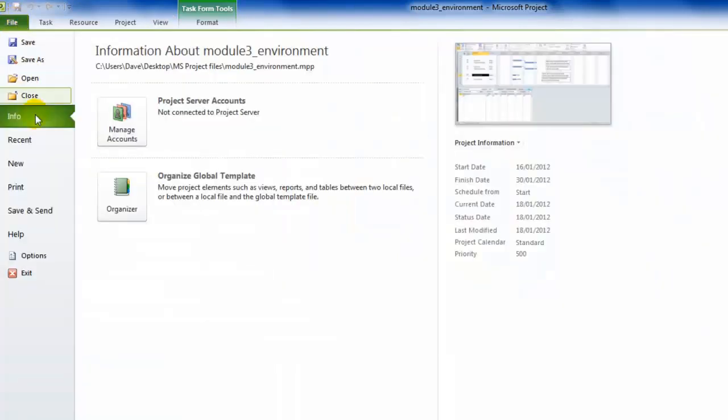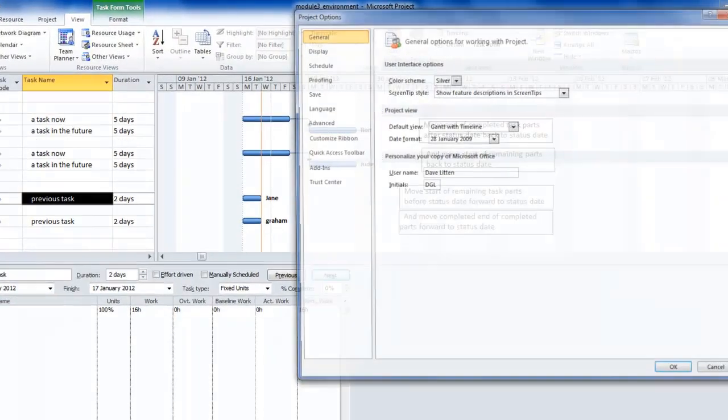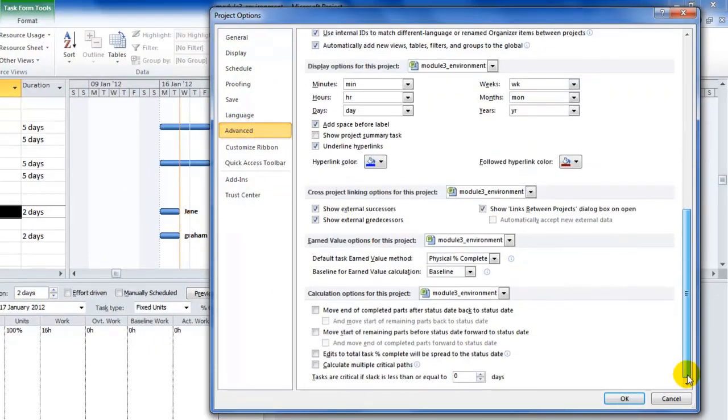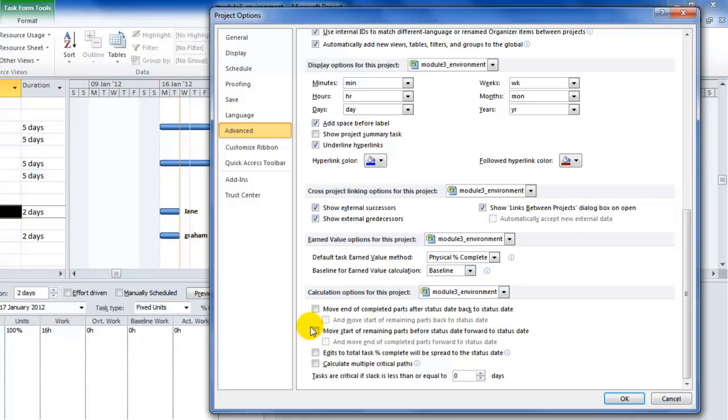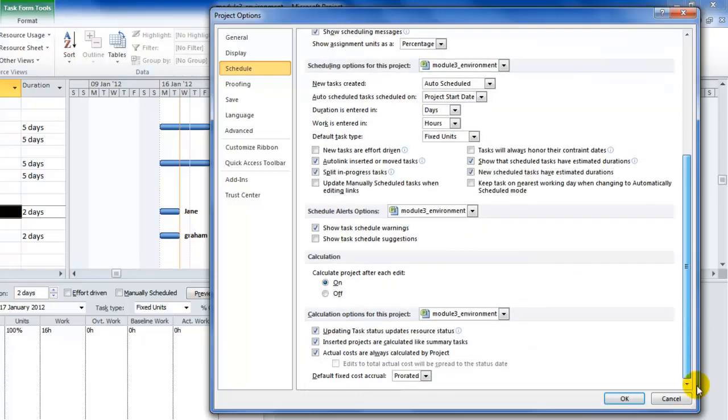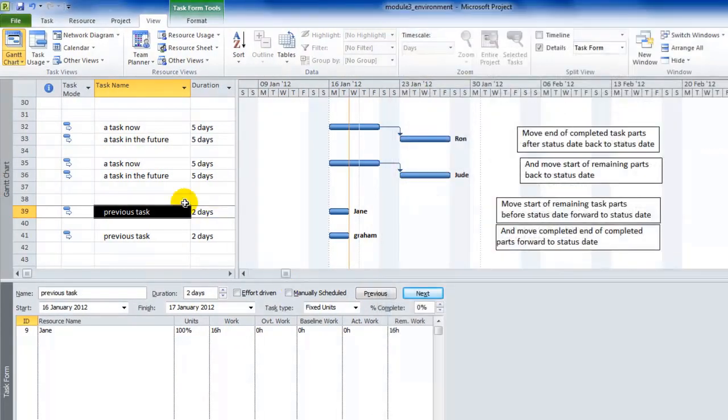Let me first of all show you what this looks like with both those switched off. Go into Advanced again. I've unselected both of those options, but do note, because this is important, that I have allowed Project to split in progress tasks. If I now just, let's imagine 10%,